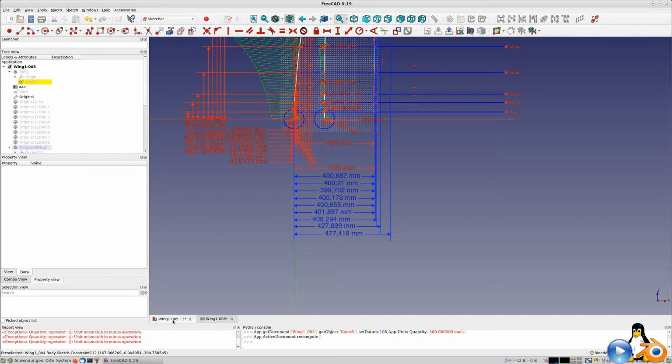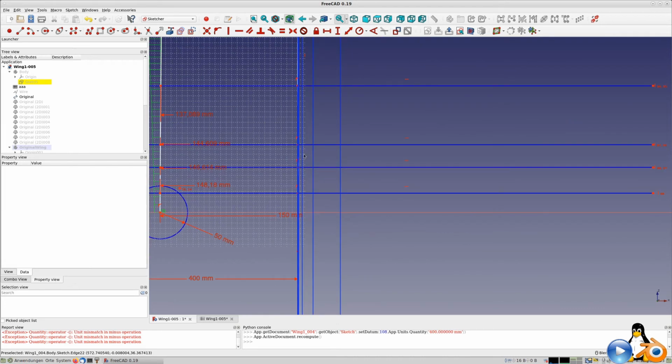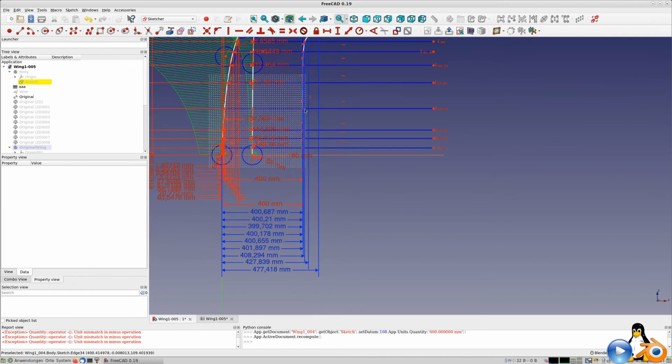This is calculated. We can now go edit this ones, or I can go here, but it's not easy to select the lines and tell them to be